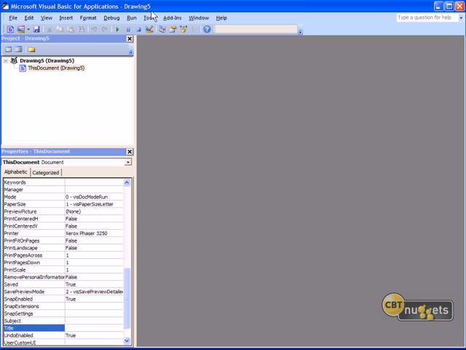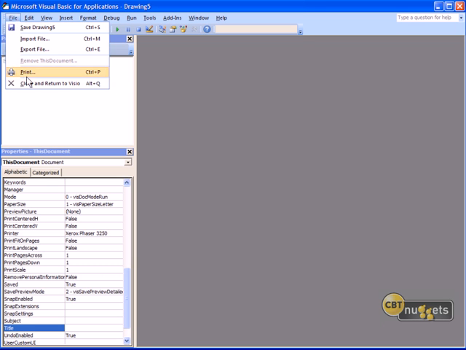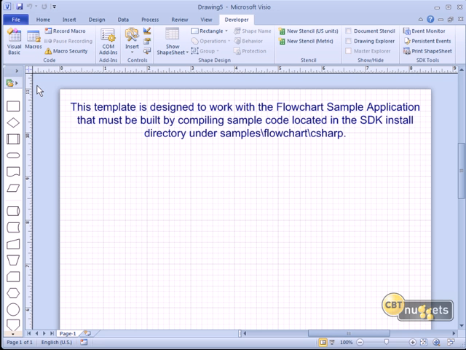Now, some people are confused on the interrelationship between the editor and the associated Office app. In other words, they're concerned that they might have done some work here in VBA and then they clicked the close button over here. Will that close Visio? No, it won't. The VBA editor is actually a completely separate utility. And you'll notice if we go to the File menu, the final option is Close and Return to Visio. So you actually need Visio running to launch the VBA editor.